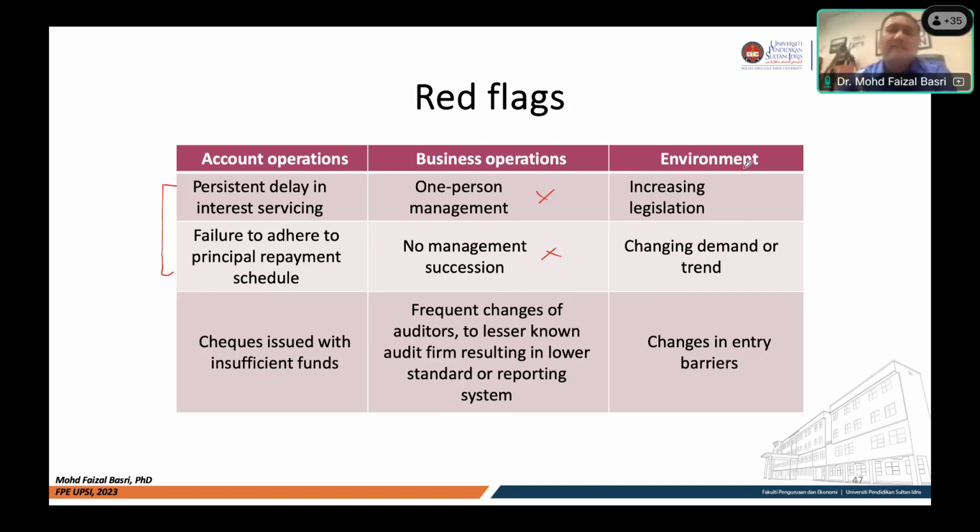Okay, kalau dari segi environment, as I said, this is from external. So contohnya ada penambahan dari segi undang-undang daripada kerajaan, changing demand or trend, especially related dengan certain industry. Okay, certain industry yang mungkin dah panggil dia sunset industry, industri yang dah senja, yang dah towards the end of the life, mungkin demand dia dah tak tinggi. So mungkin masa kita bagi loan tu, the demand is high, tapi kalau kita tengok, the trend is changing. Some products dah tak relevant. So contoh macam dulu lah